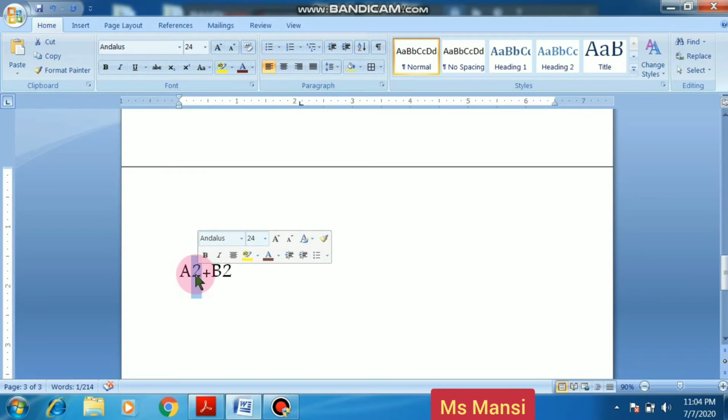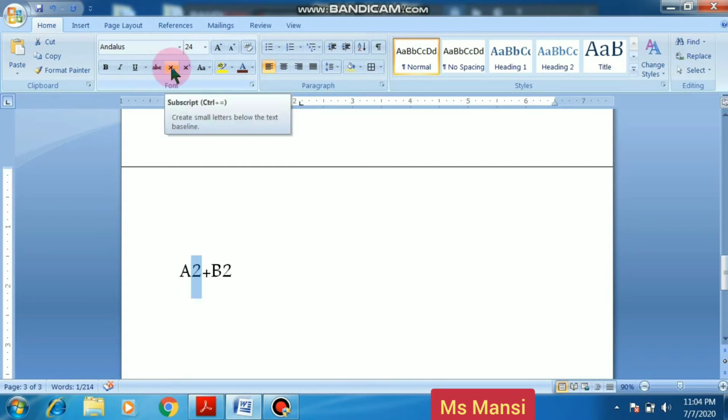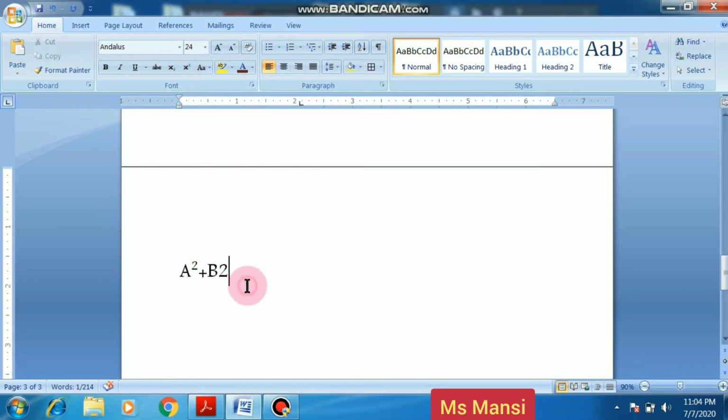I select the 2 which I want above the baseline, and here in the Home tab in the Font group, you find two options, subscript and superscript. I select this 2 and click on superscript. See, now it is above the baseline.